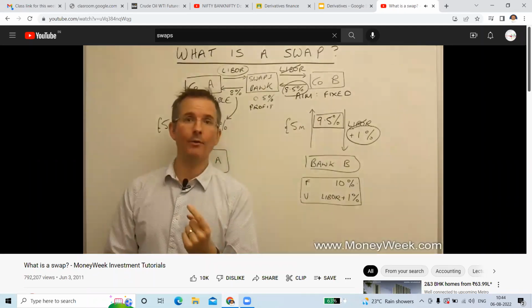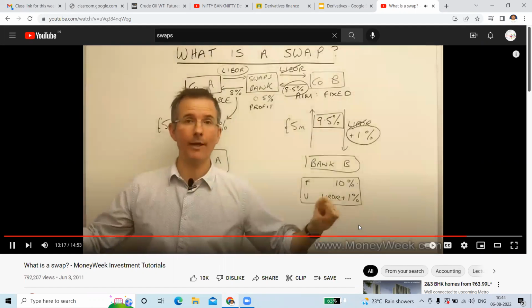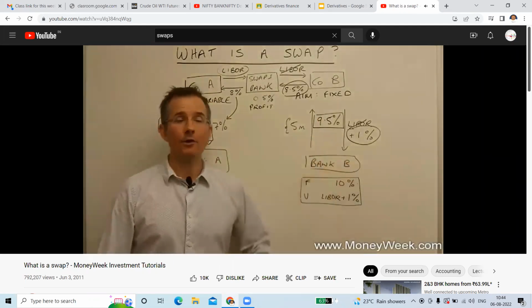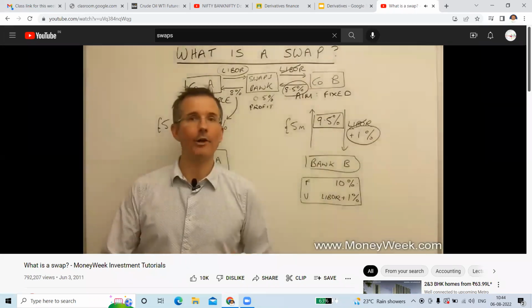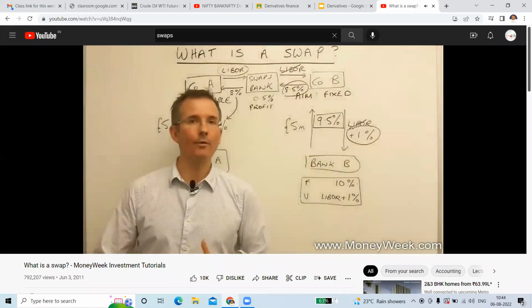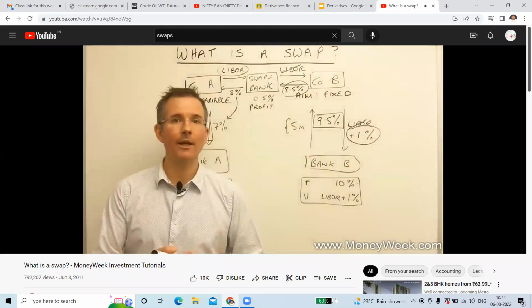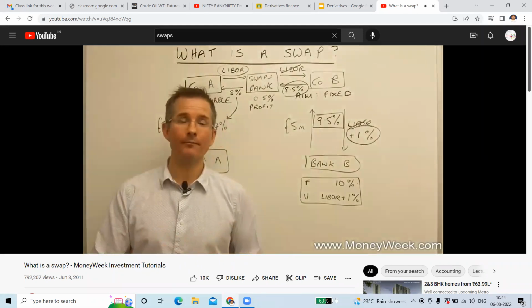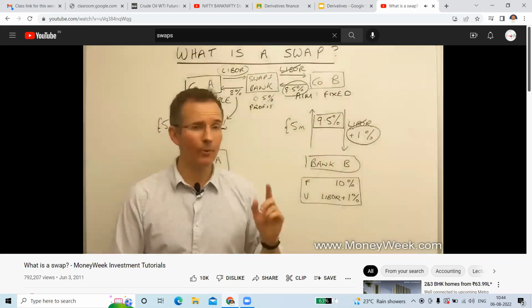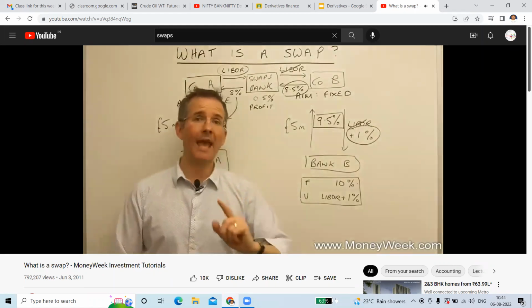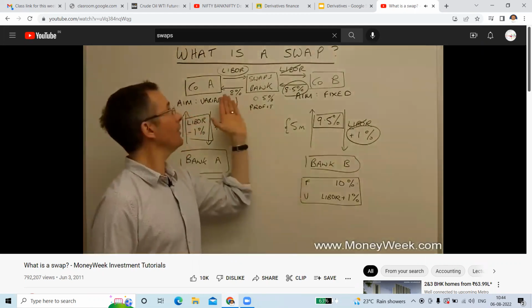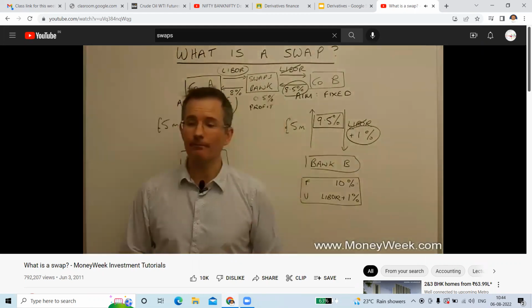What the swaps bank knows, because it knows both clients, is they are able to borrow at different terms, just as you and I borrow at different terms. The terms for loans and mortgages and so on can vary depending on the size of your deposit, your credit history and so on. And that's the same for companies. All the swaps bank's done is to spot the gap and make a bit of money for itself by setting up 2 swaps with its clients.